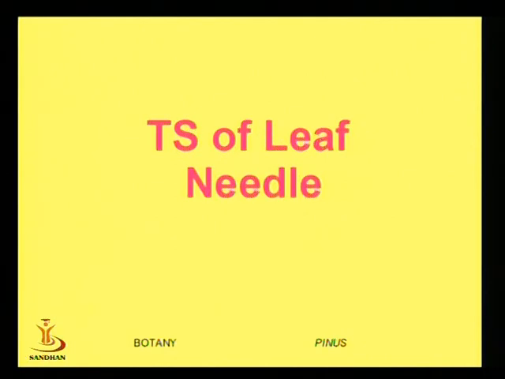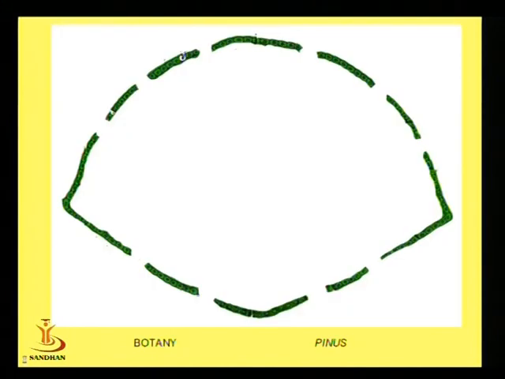When we go through the transverse section of the leaf needle, we will find the outermost layer of epidermis, and this epidermis is made up of a single layer, and that is not continuous. One can see very well that it is not continuous in nature. It is interrupted by the presence of stomata. Now because